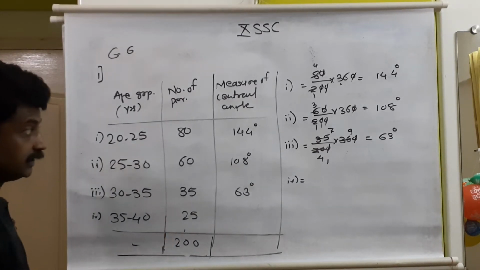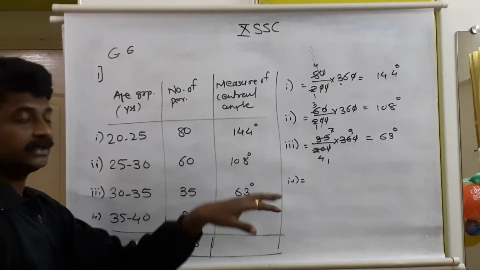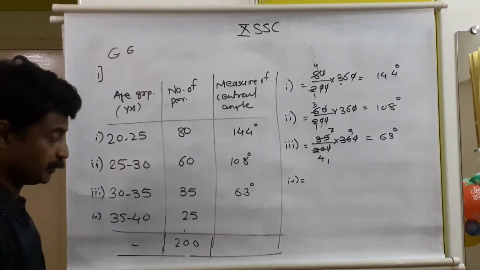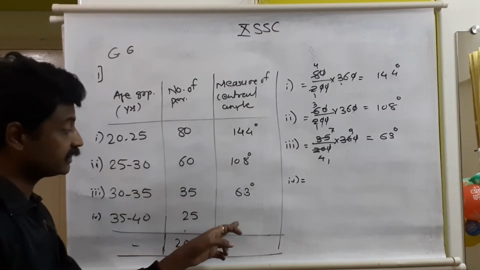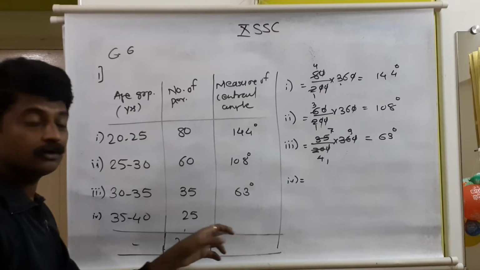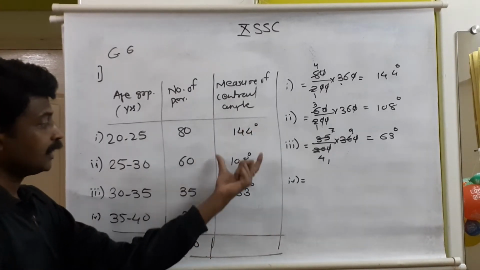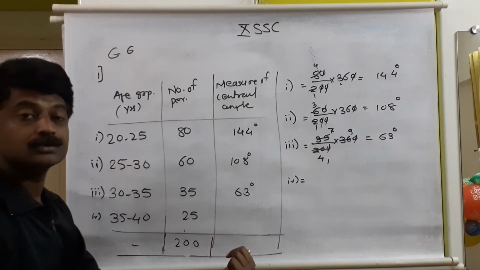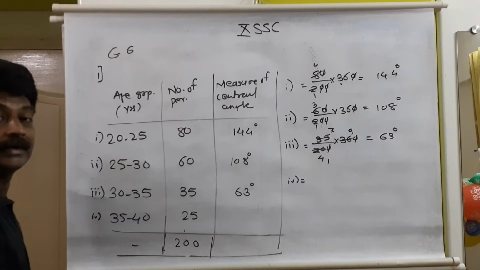Now another thing is the addition of all these is 360. So we can do the total of these 3 and subtract it from 360 also, no matter. But if any one of these is wrong, then this angular measurement will also be wrong. So let us continue with the calculations, and at the end add these all, the total should come 360 degree. It will also be one type of cross checking of our calculations.